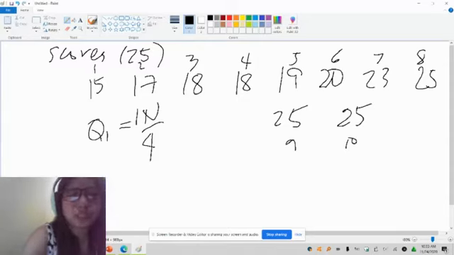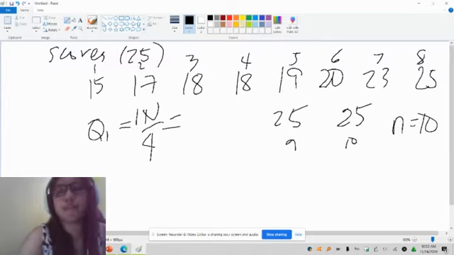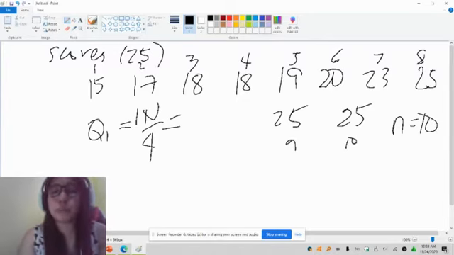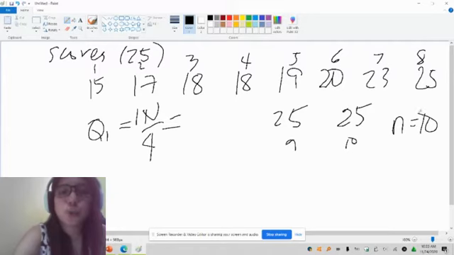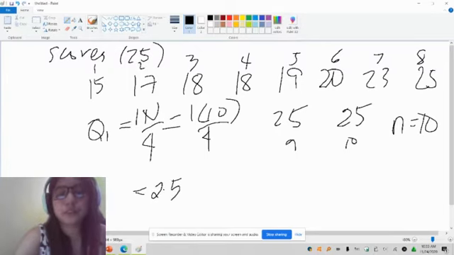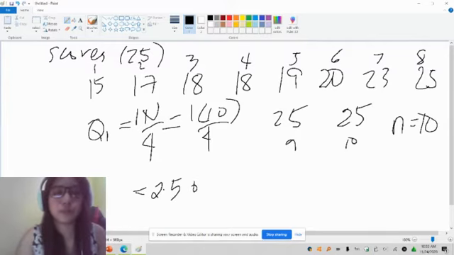If we substitute n equal to 10, because we have 10 data, corresponding to 10 students, 1 times 10 all over 4 is equal to 2.5, or we can round this off, because we are going to consider the approximate value for Q sub 1. So the location is